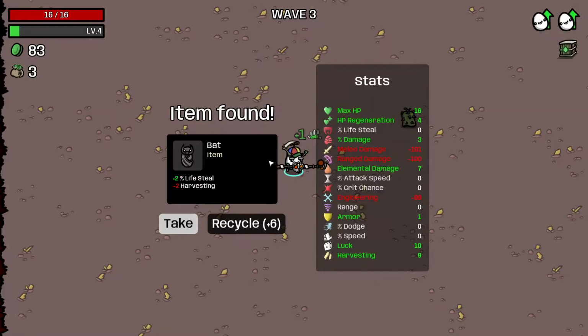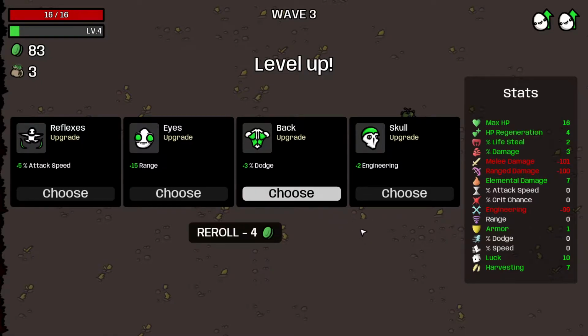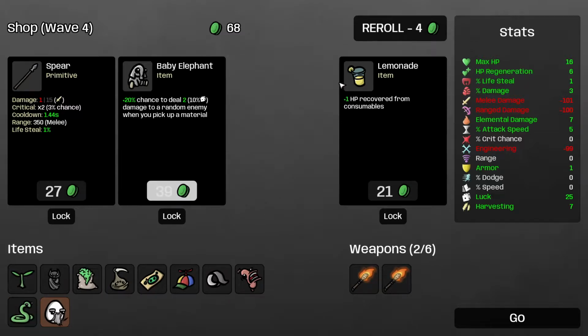Yeah, pretty good amount of materials. Yeah, I'll take the bat. Cost me a bit of harvesting, but that's not a huge deal. Attack speed's pretty good. Let's go for that. Let's get the luck. It's early on still. And I'm actually going to pivot more heavily into hit point regen this time around. I'm not going to... Well, we'll see how this goes, but